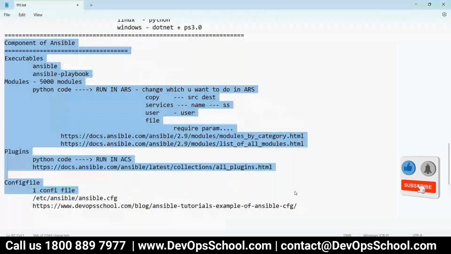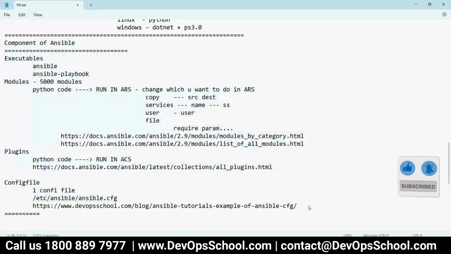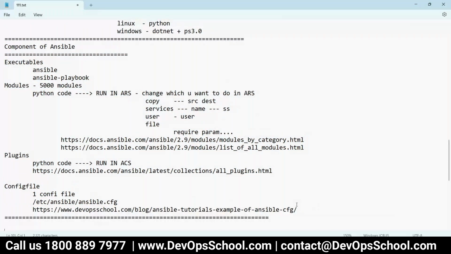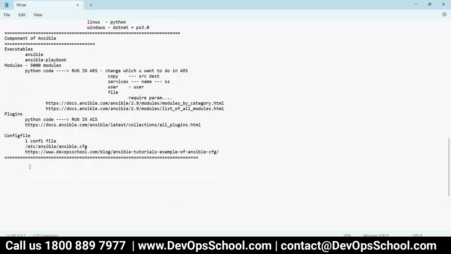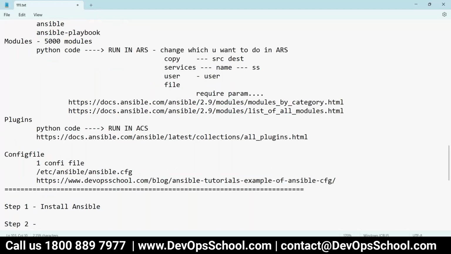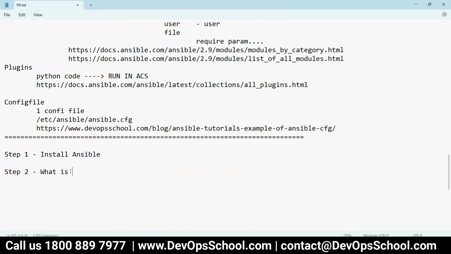Now the next question you should ask me: I want to learn Ansible, what do I need to do? Step number one, install Ansible. That is something you have to do. Step number two, what is your change?